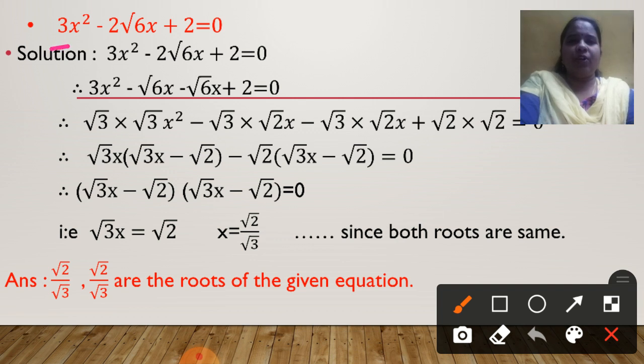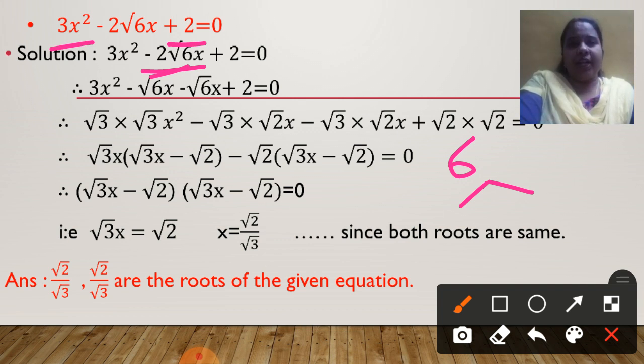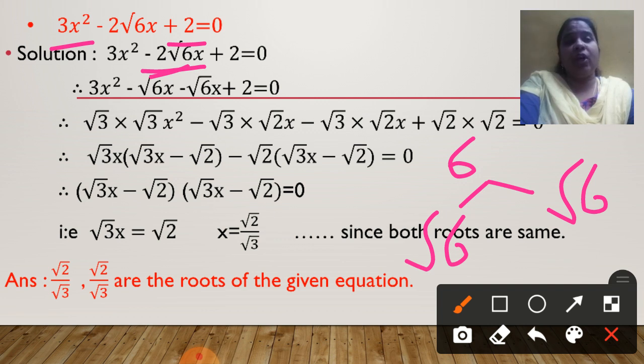The first thing is product of the first and the last term. 3 into 2 is 6. Right? Now 6 I need to factorize. Try to understand it. 6 I need to factorize so that I get this minus 2 root 6. The first thing is, it's a whole number. I have to split it in such a way that I get the addition of it as a surd. Yes, whenever you have such things, when a whole number is to be split in such a way that you get something as root, first thing you remember that you write it as root 6 and root 6. Both the factors will have this term.